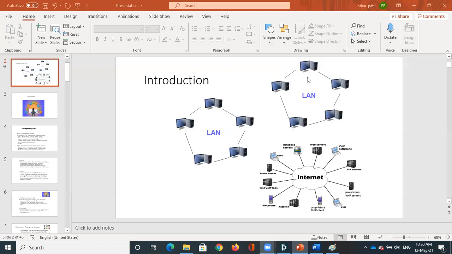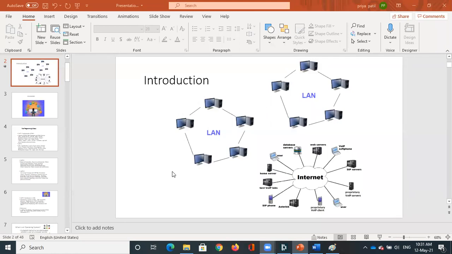Again, in JSS college, they can send information or share files only among these 5 computers. But what if they want to transfer some information to our college, or from our college we want to communicate to that college? In such situations, to have a bridge between these two networks, we require the internet. So in simple terms, a network is a connection of 2 or more computers set up for communication. Similarly, the internet is a collection of networks. I repeat, the internet is a collection of networks.